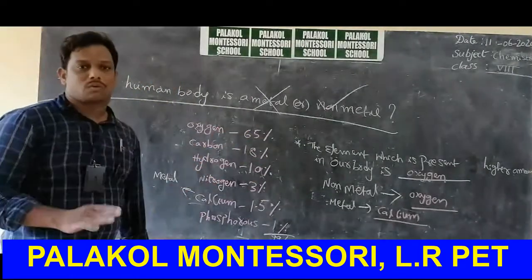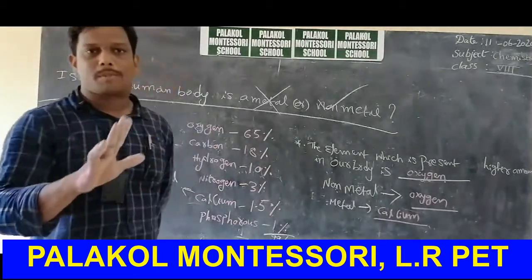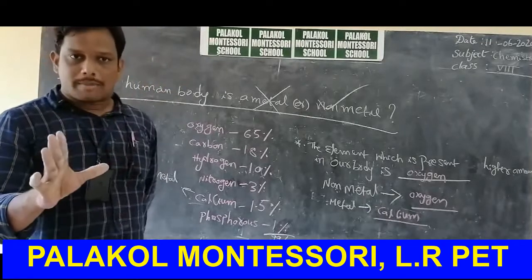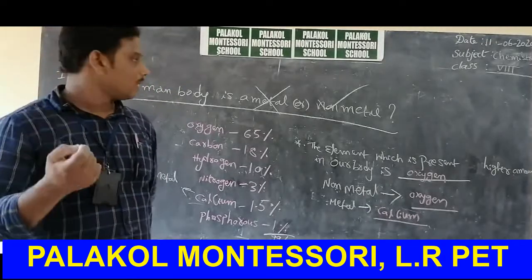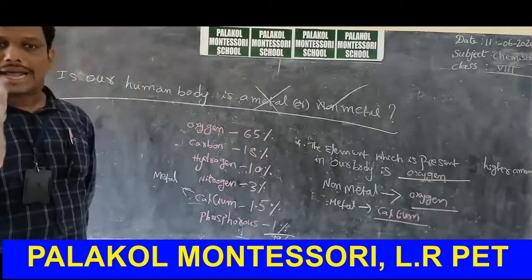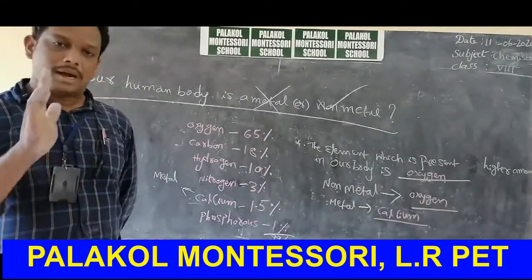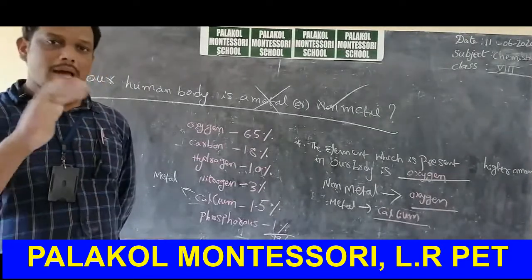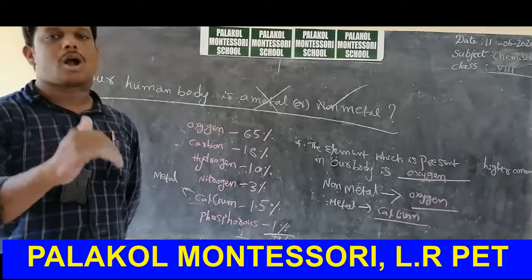Okay, what did we discuss in this class? In this class, we simply discussed the chemical properties of metals and non-metals. It is new for you. Just listen and practice. In the chemical properties we discussed reactions: reaction of metals with acids, reaction of non-metals with acids, reaction of metals with oxygen, reaction of non-metals with oxygen, reaction of metals with water, reaction of non-metals with water.